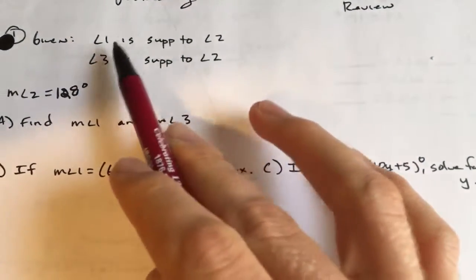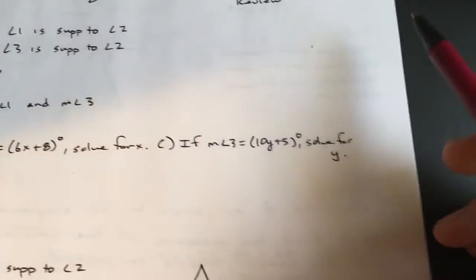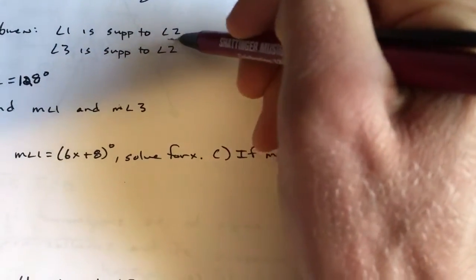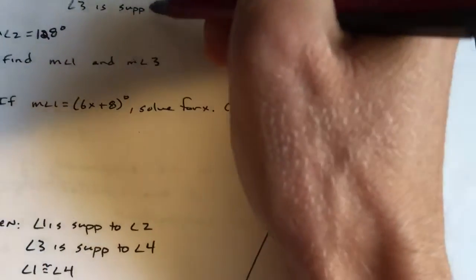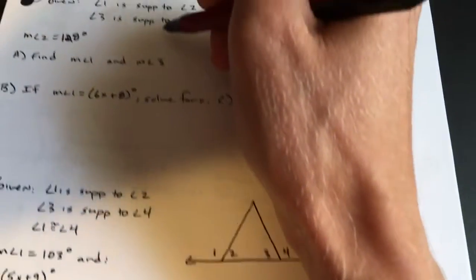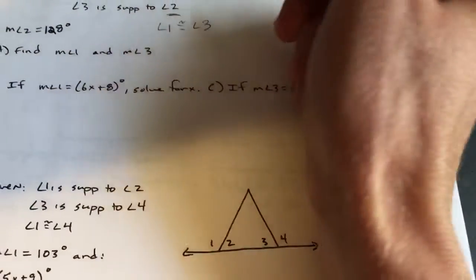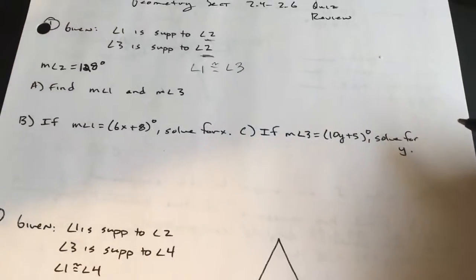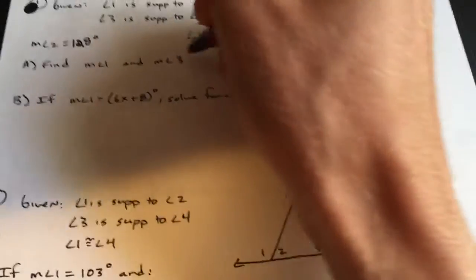Number one here, given 1 is supplementary to 2 and 3 is supplementary to 2. Notice that there's no drawing in this one. Well, guys, if two angles are both supplementary to the same angle, then those two angles have to be congruent. So I know that angle 1 has got to be equal to angle 3. Okay, so if angle 1 is equal to angle 3 and they're both supplementary to 2, what I can do here is I can just do